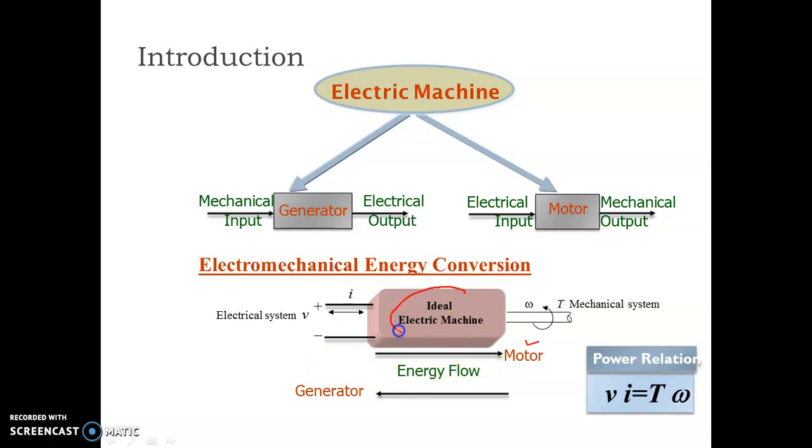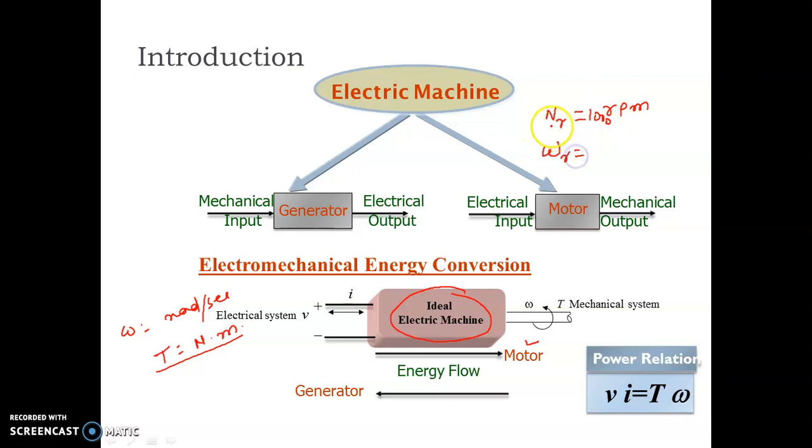And this system was lossless, so the power balance equation is voltage multiplied by current equal to torque multiplied by angular speed. Angular speed's unit is radian per second, and torque's unit is Newton meter. Now you see, most of the time you will find that speed is given in rotation per minute. Suppose the speed of the rotor is given in RPM, say 1000 RPM. How can you convert this into radian per second, angular speed omega r?